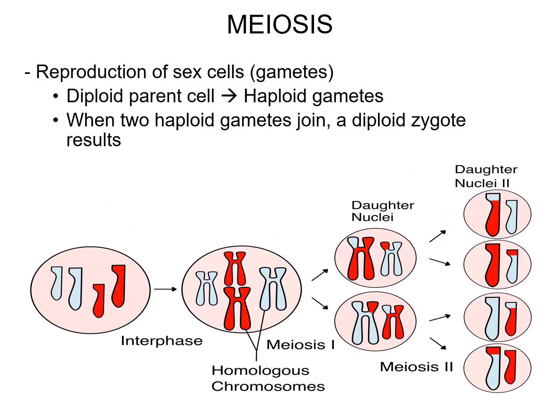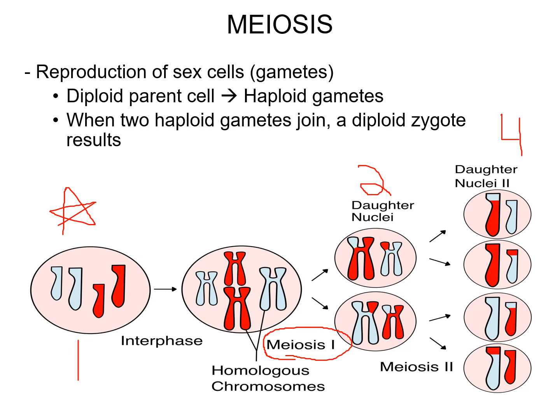So last topic we have to cover is the difference between meiosis and mitosis. Essentially what we're doing with meiosis is we're just doing mitosis twice. So as you can see, we're going to start with interphase, and we're going to start with one cell. And then we're going to go through mitosis, which we call meiosis 1, which gives us 2 cells. And then we're going to do the whole thing again. So we're going to do PMAT once to get 2 cells, and then we're going to do PMAT again to